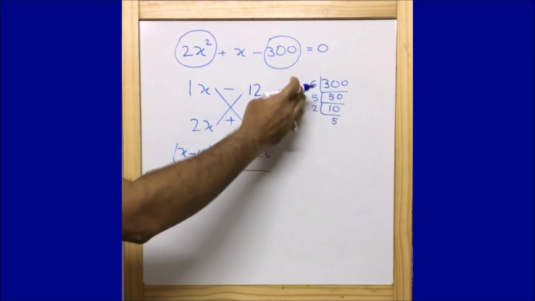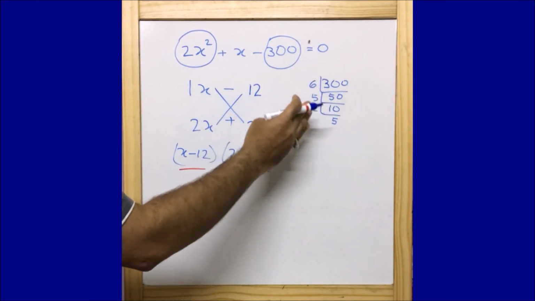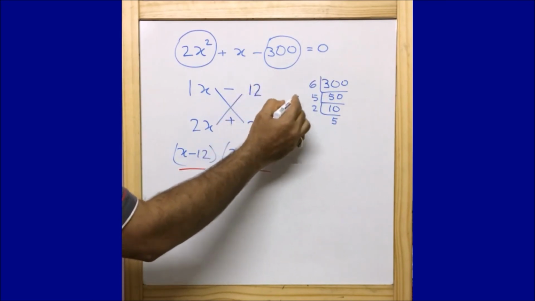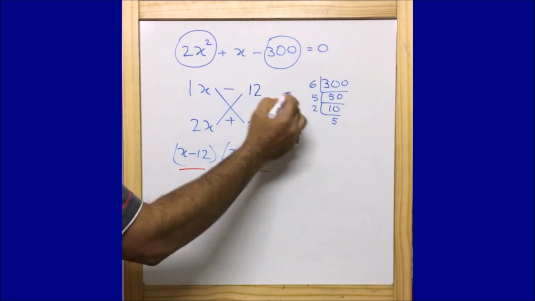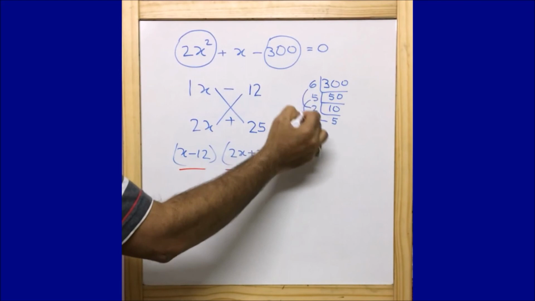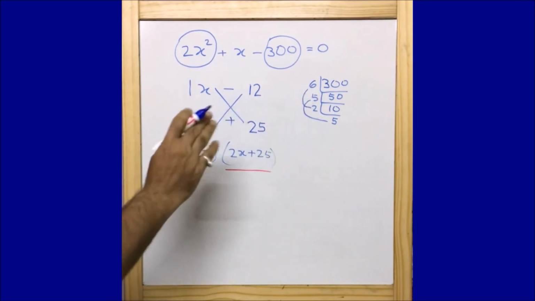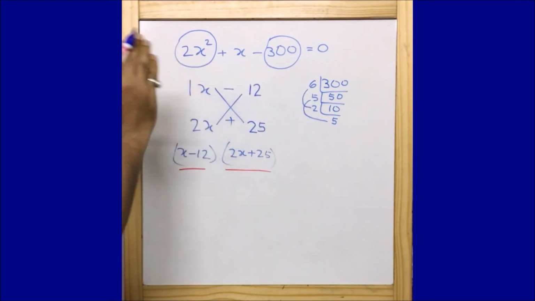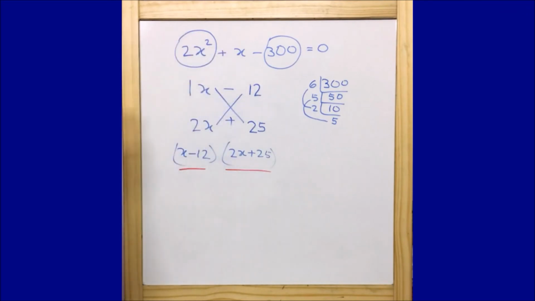So guys, this is what we are getting once we factorize this one, and from here we need to take the combinations and we need to see which one works. Like for here, these two combinations, 6 into 2 and 5 into 5, work for us. Like this we need to factor if we are unable to find out at a glance, and if we are not able to identify, we need to take the help of this. We need to factor and find out quickly. Hope this short trick will help you to easily do the factors of the quadratic equation during the examinations.